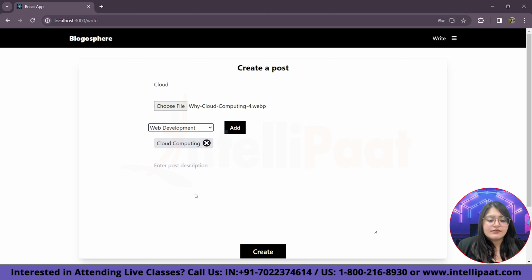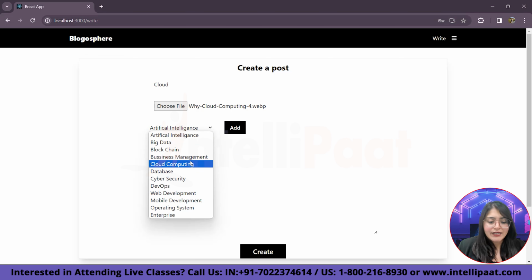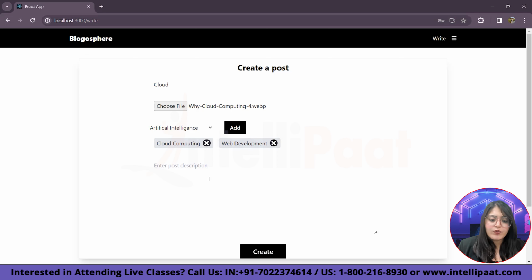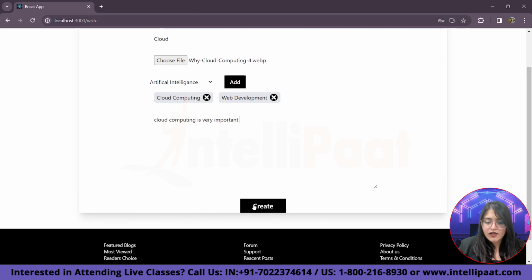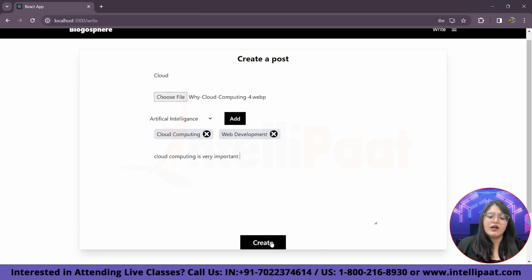So let's say this is related to web development, so I'll add web development. By clicking on this, we can remove the particular category as well. Okay, so let's try to add two categories for this one. Let's not take business, let's keep web development as it is. And over here let's say cloud computing is very important. Okay, and if I click on this create button,